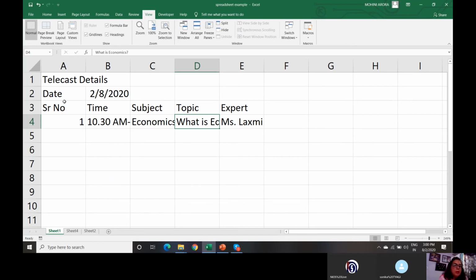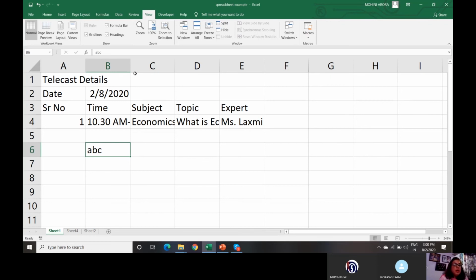Now here, one thing you must be noticing, that number 1 is aligned towards the right, right? And if I type any textual data, say for example, I have typed ABC, this is aligned to the left. Same thing is happening here also, but since here the data is larger than the column size, you are not able to exactly see it. I'll show you when we extend the length of the row and column.